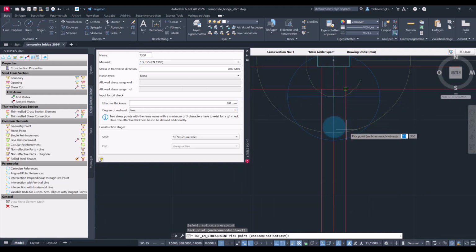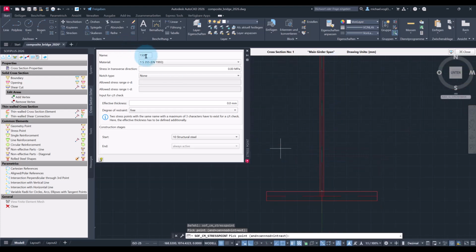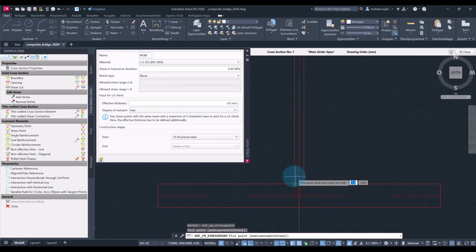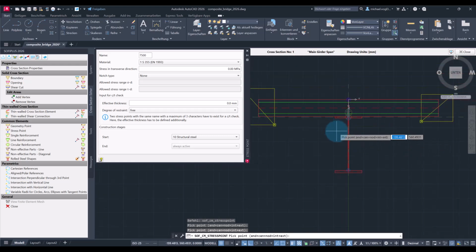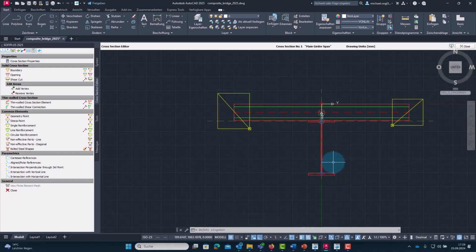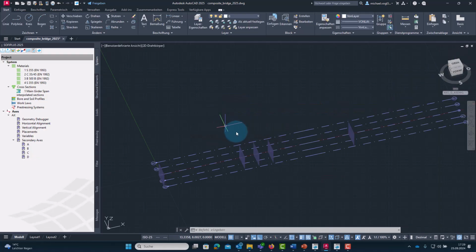Create the stress point, and for that at the bottom I will use the name web B for bottom. Okay, now having finished the definition of the span section, we can close and save the cross section.